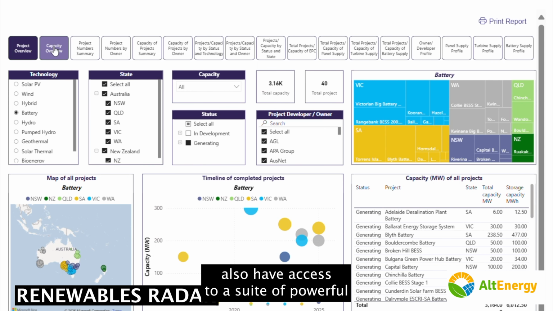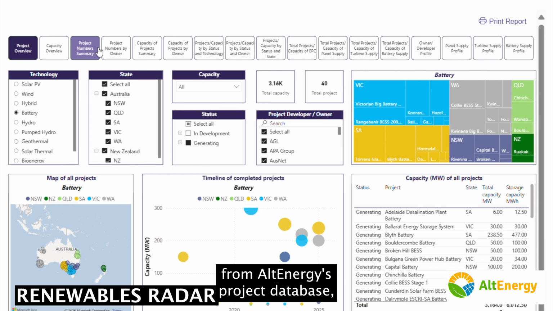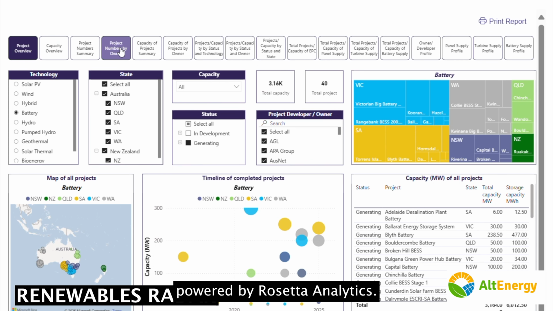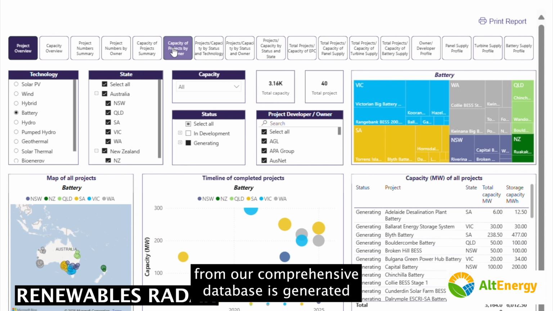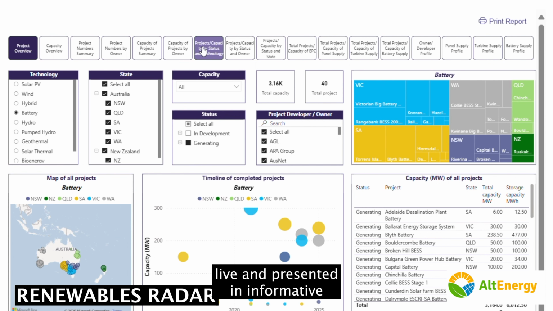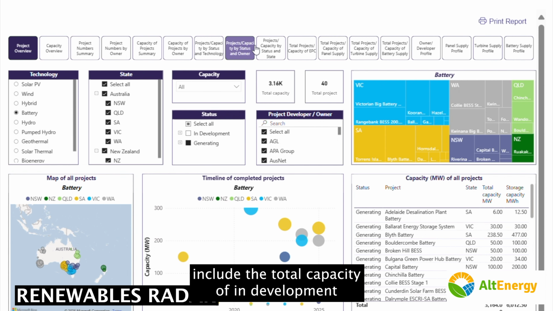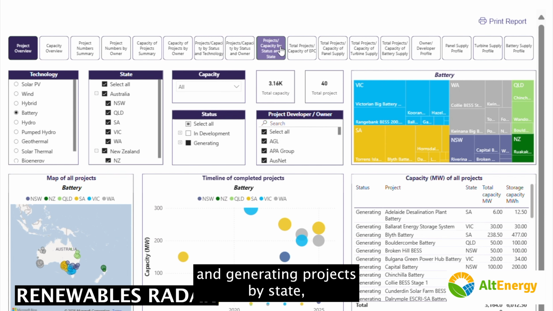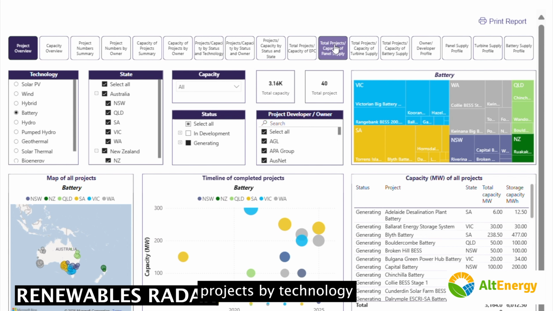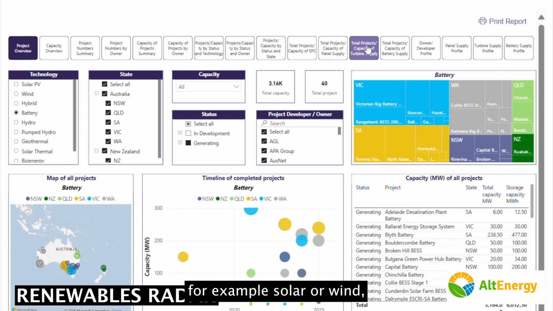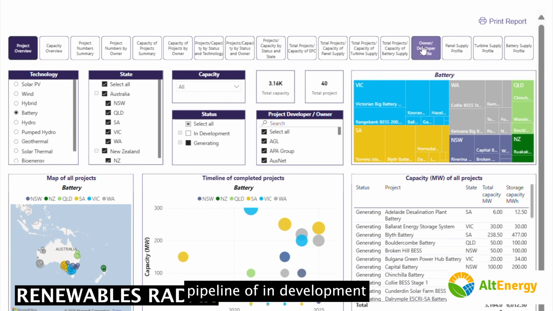Megawatt subscribers also have access to a suite of powerful graphics and charts generated from AltEnergy's project database, powered by Rosetta Analytics. Up-to-date information from our comprehensive database is generated live and presented in informative and visually attractive graphics and charts. Examples include the total capacity of in-development and generating projects by state, the total number of in-development and generating projects by technology, for example solar or wind, EPC work in Australia rated by capacity, pipeline of in-development projects rated